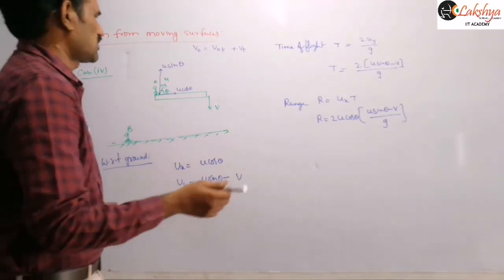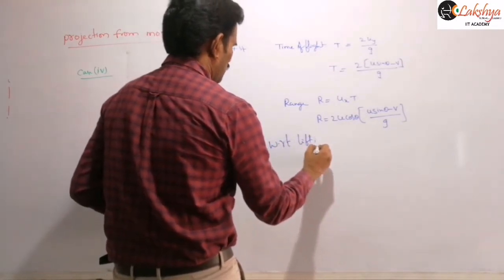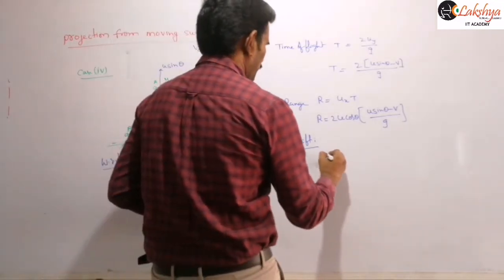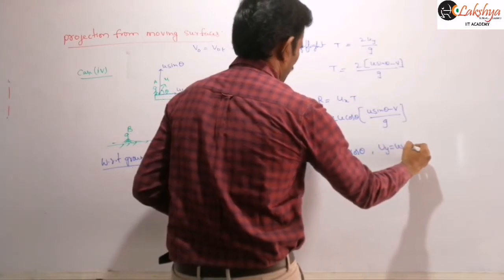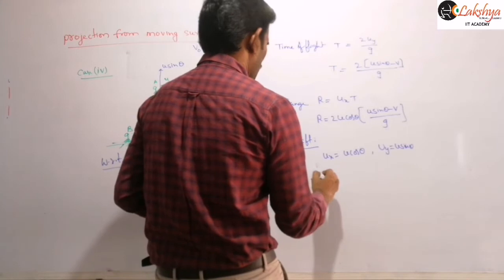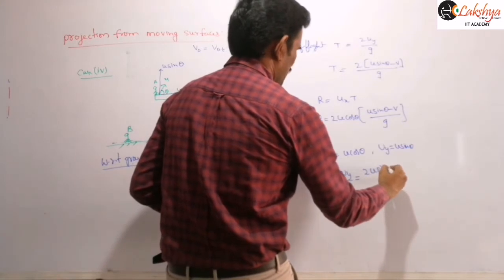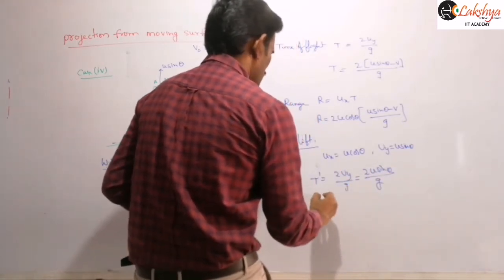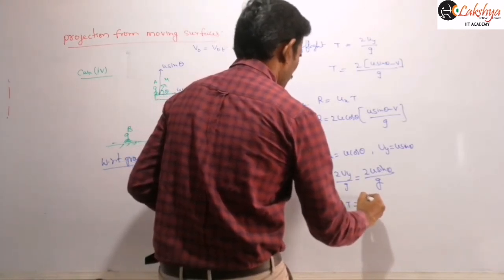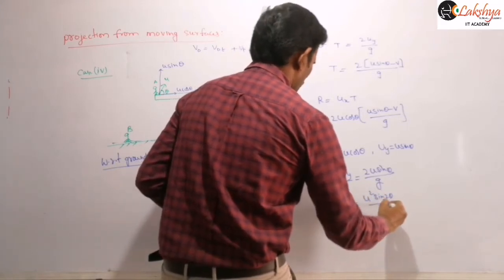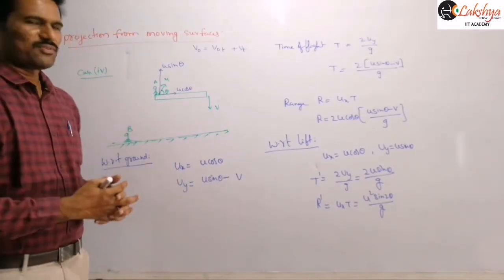And similarly you can write from the platform. From the platform, that means with respect to the lift I am taking here, horizontal component is u cos theta and vertical component is u sin theta. So these are the usual expressions you will get here. So t dash is equal to 2 uy by g, which is 2u sin theta by g, and then this range r dash is equal to ux into t, which is nothing but u square sin 2 theta by g, right? So that is in the case of these moving surfaces here.